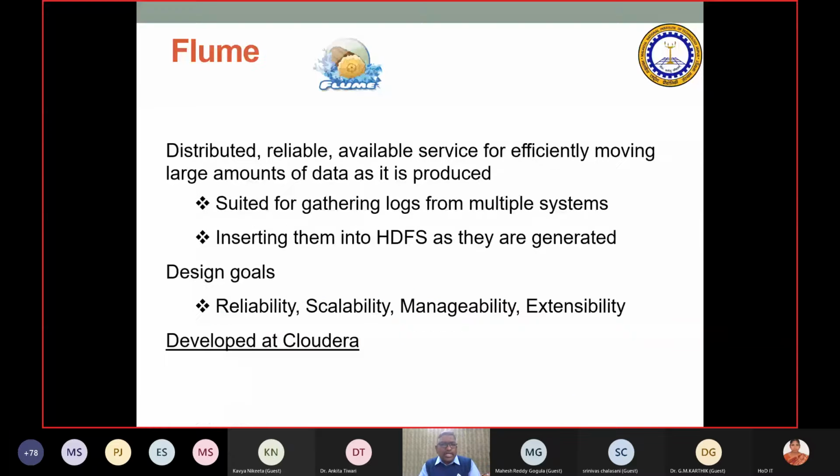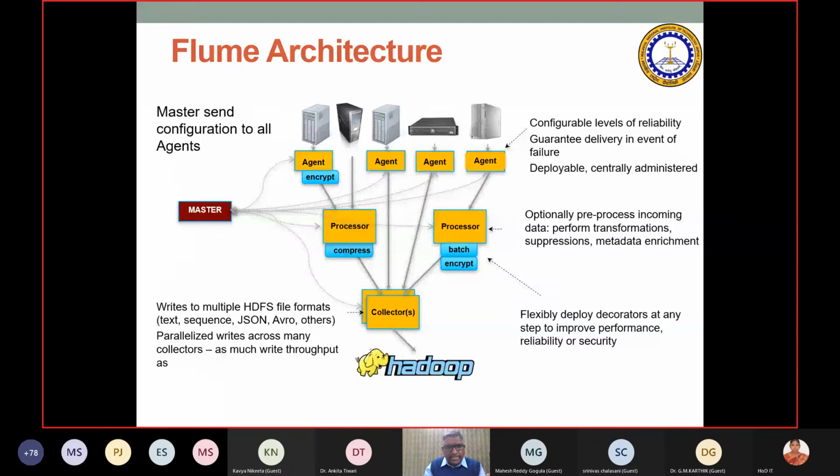Flume, you can collect from the internet and gather the logs and store them in HDFS directly. As and when they are generated, Flume can connect to it and then directly store it. I will show you some examples of how data was collected using Flume. Twitter data was collected using Flume directly and stored in a database on the Hadoop environment, and then it was evaluated by MapReduce codes. This is the Flume architecture.